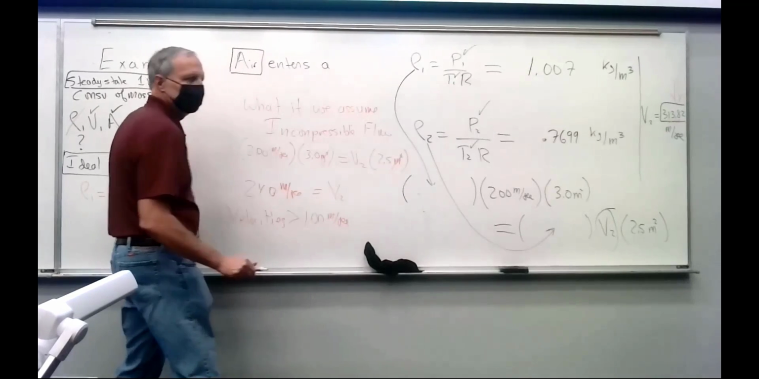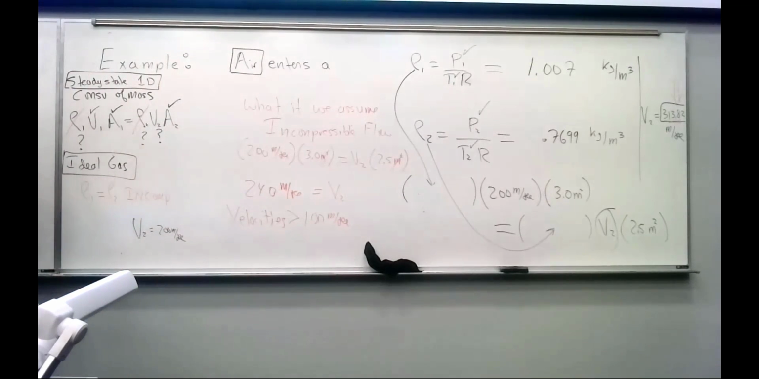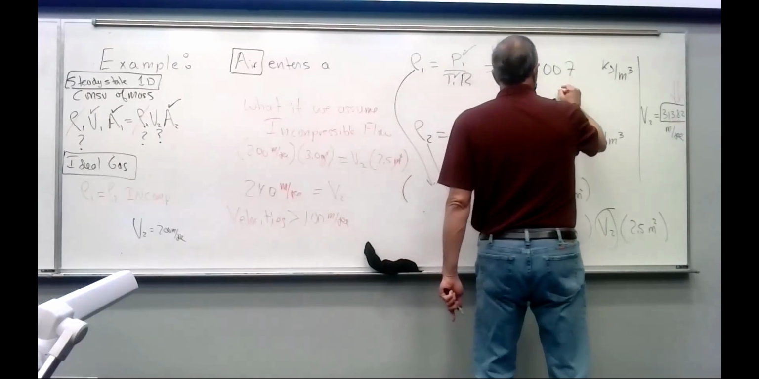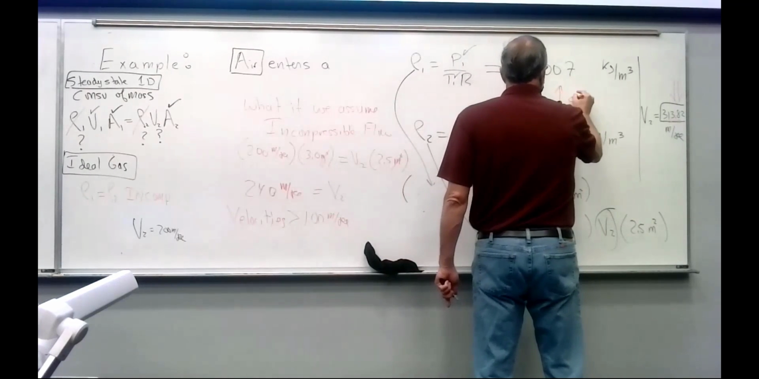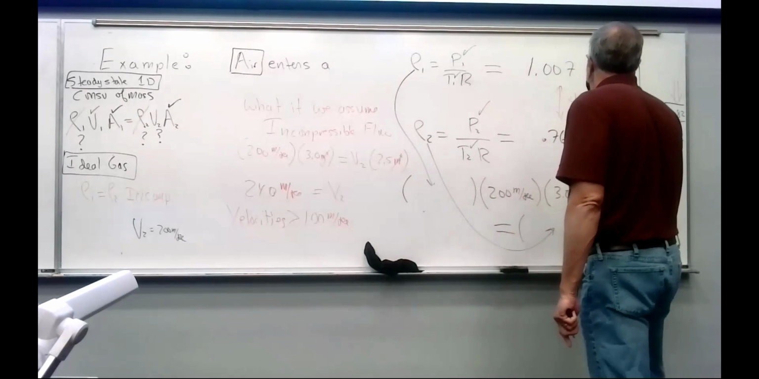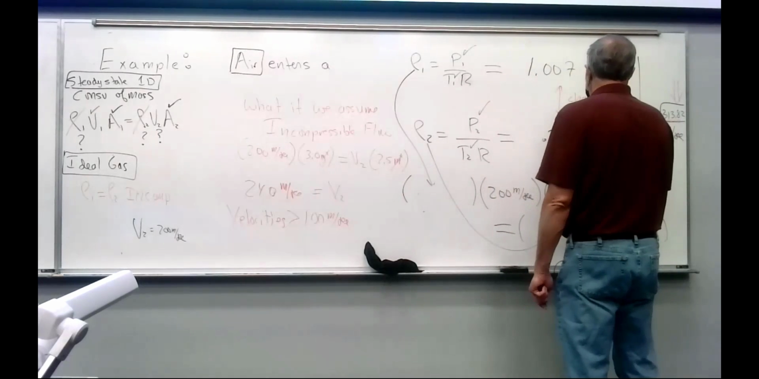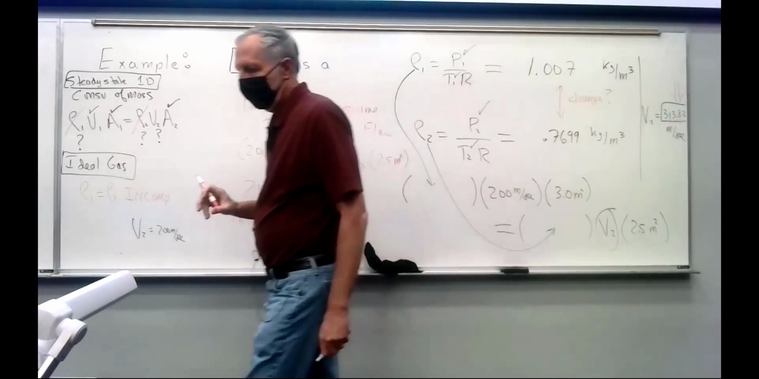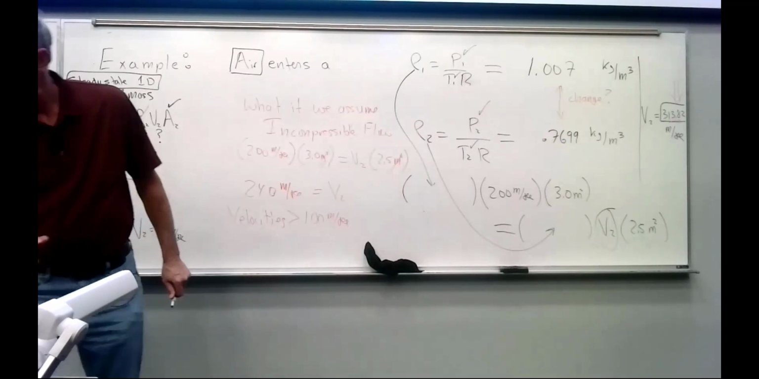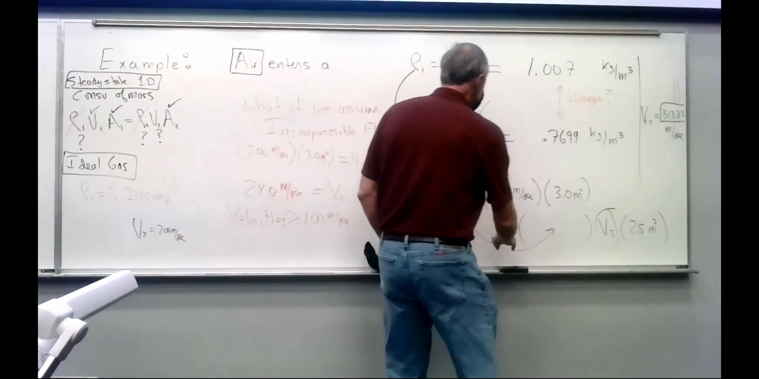So it makes sense that we could not assume incompressible flow. The other deal is, incompressible flow says the density didn't change. How much did the density change? Changed quite a bit. What if we calculate a percent change? And I based it on row one. So if we calculate a percent change on that,